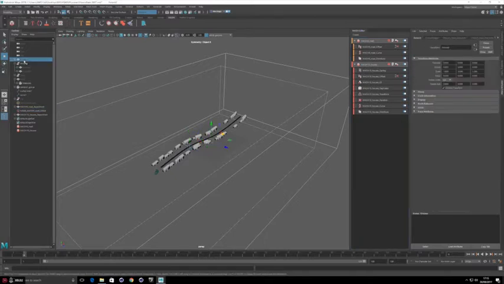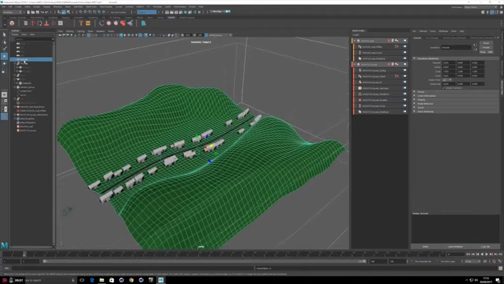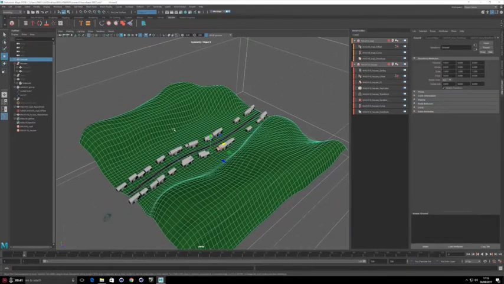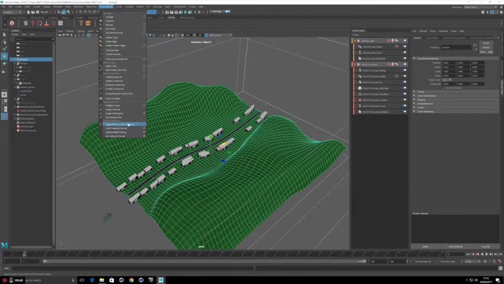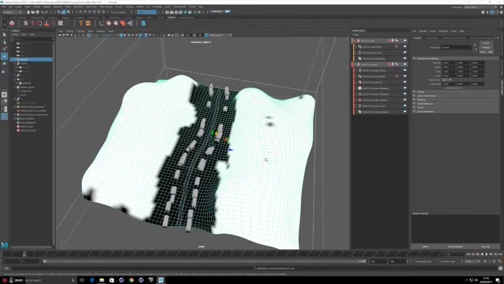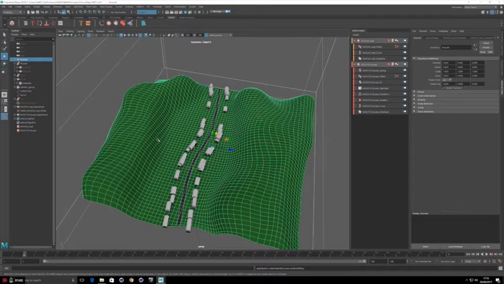To do this, first of all, I'm going to unhide our ground. There we go. And it's worth noting that I've already done a little element with the ground. If I just move the color material channel to none, you can see I've just painted a vertex map on here. Black is where I don't want the trees to be, and white is where I do want the trees to be. So if I just go back to color material channel, ambient diffuse,